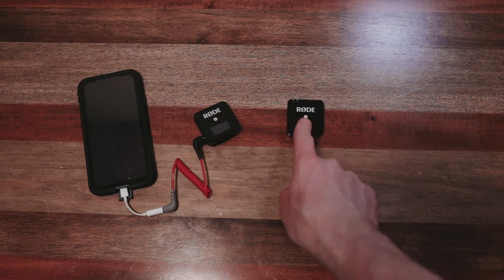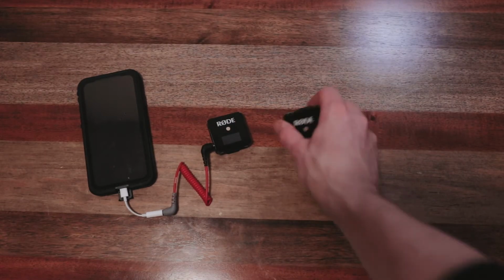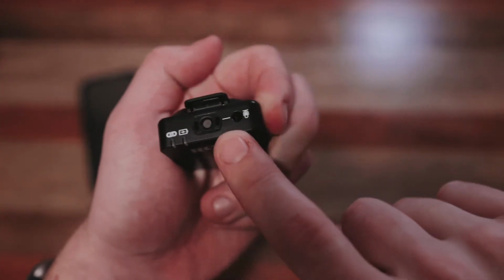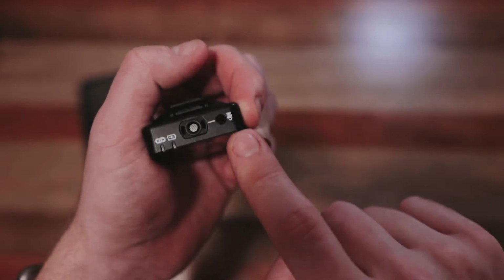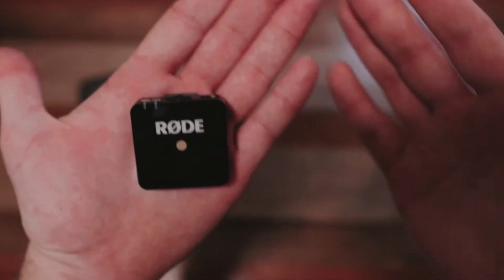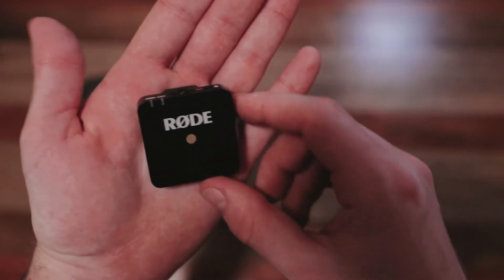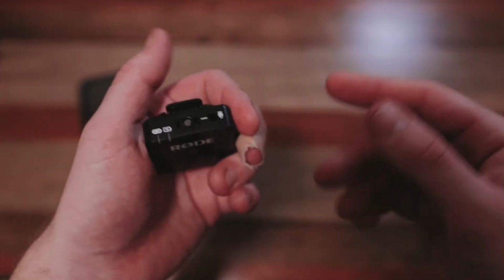So I have the transmitter and the receiver. The transmitter is also the microphone, and if you have a lapel, which I plan to get eventually, then you can plug that into here and the person, the speaker, or the person you're interviewing can just throw this into their pocket and then clip on the lapel if they so desire, because I'm